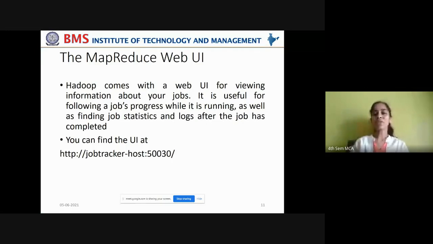Now, Hadoop comes with a web UI for viewing information about your jobs. If you want to know the progress of your MapReduce jobs, remember MapReduce jobs process voluminous data. It processes large amounts of data, so it takes a long time to execute a particular job. Now, a client will feel more comfortable if he is able to monitor the progress of the MapReduce task rather than being completely alienated from the execution.